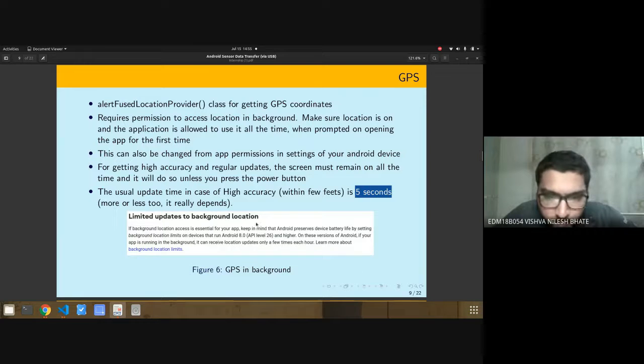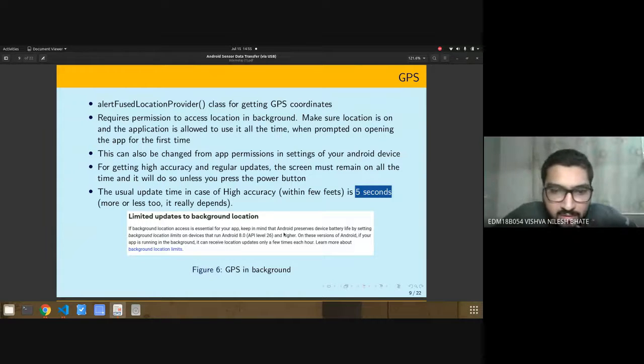This is the snip I've taken from the Android website, which says that if you try to run this in the background, the Android OS has a battery manager which prevents it from getting notifications consistently.